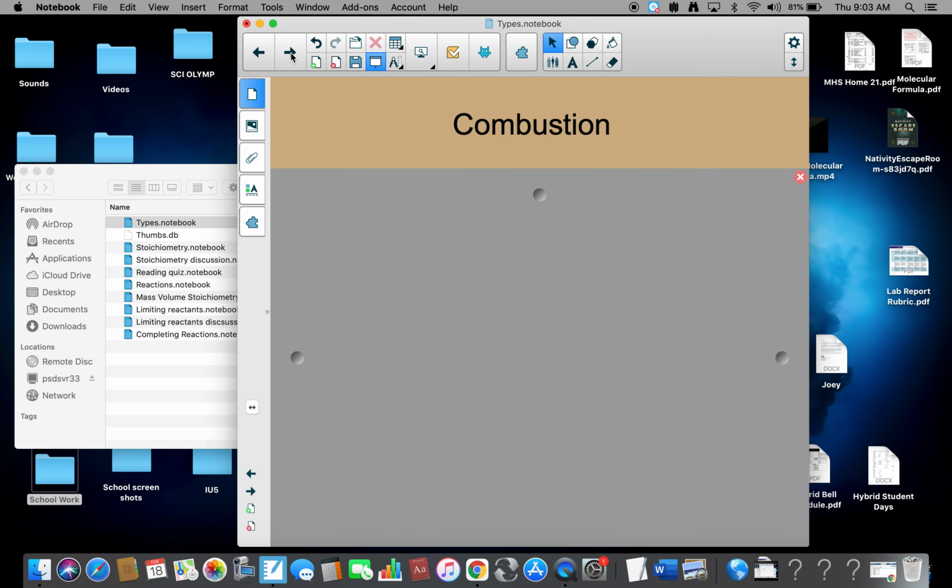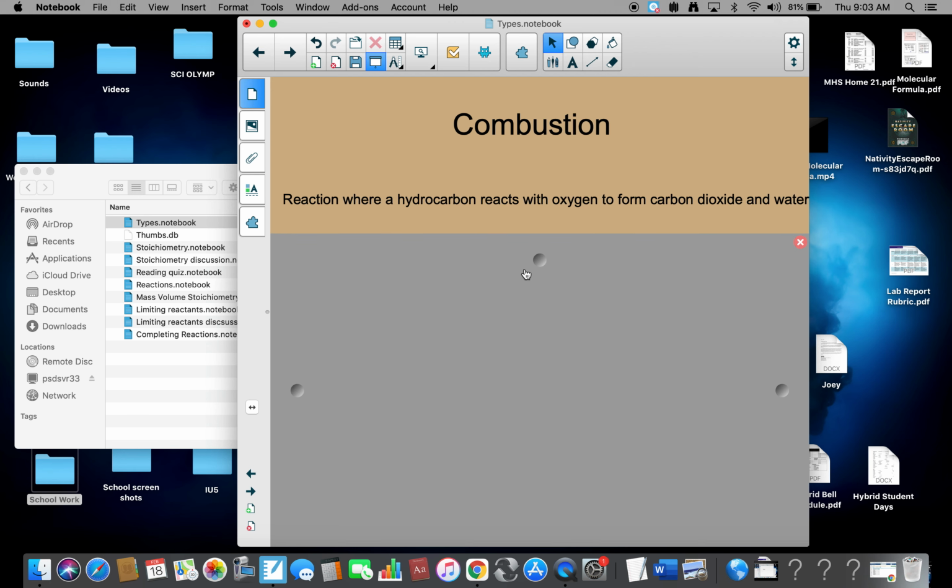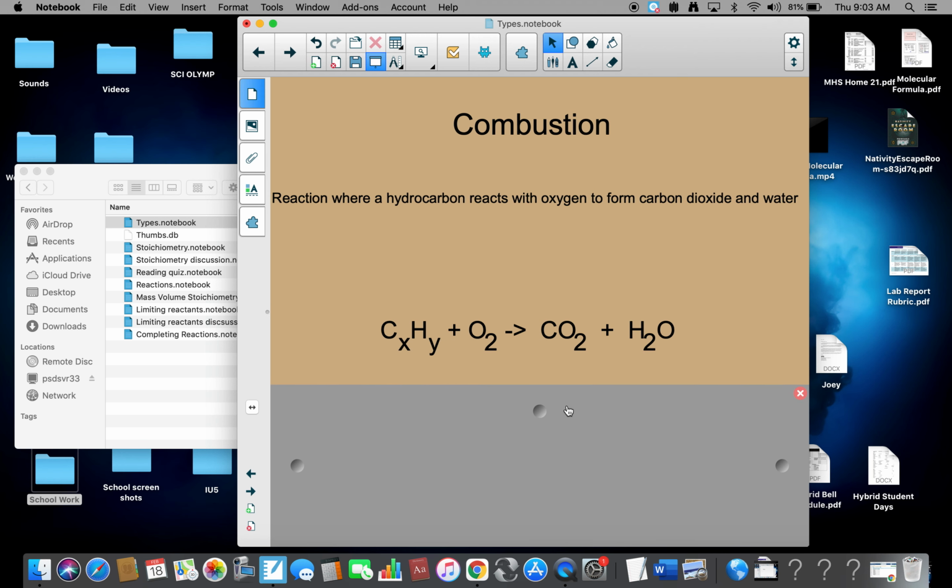All right, last type, combustion. Now, combustion is one that will mess people up. It's a reaction where a hydrocarbon reacts with oxygen to form carbon dioxide and water. Now, the reaction is some carbon-hydrogen combination plus oxygen forms carbon dioxide and water. You're going to look at this and you're going to go, okay, if I don't look at this side, I've got a compound and an element, it's going to be a single replacement. But the problem here is you would form carbon dioxide and hydrogen. And if we learn anything about hydrogen, when it gets hot, it explodes. All right, so